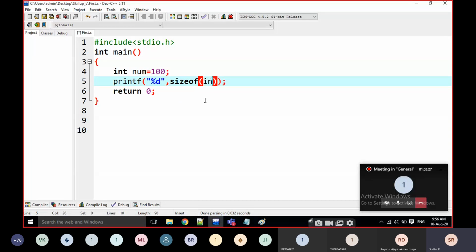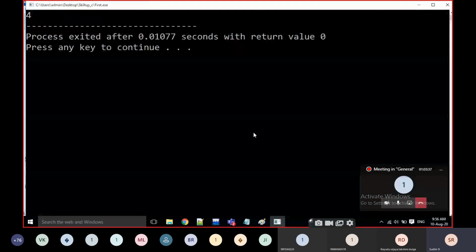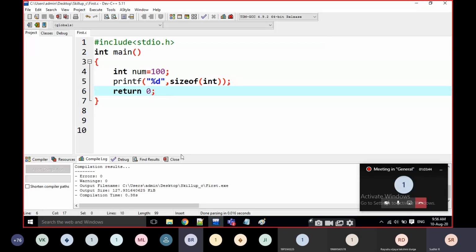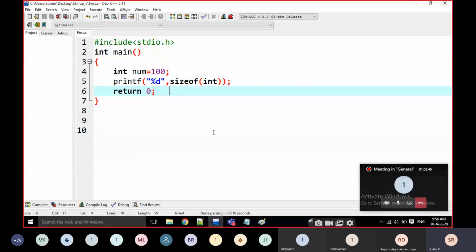Sizeof int, I am going to write here. For example, if I execute it, look at here. How many bytes is it going to be? It is going to be 4 bytes, right? I will show you how it is storing the data using those 4 bytes. I will explain.